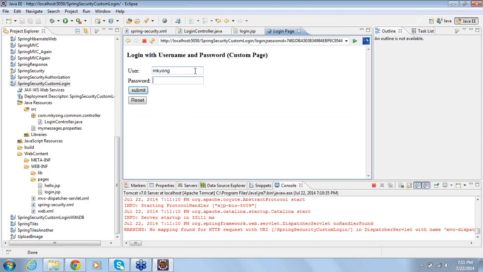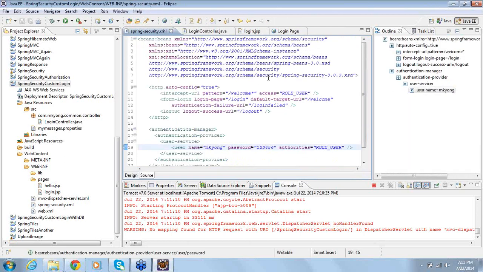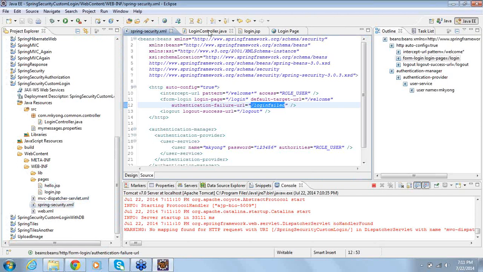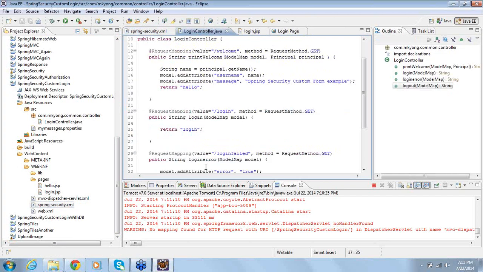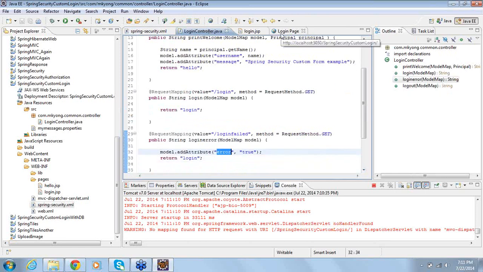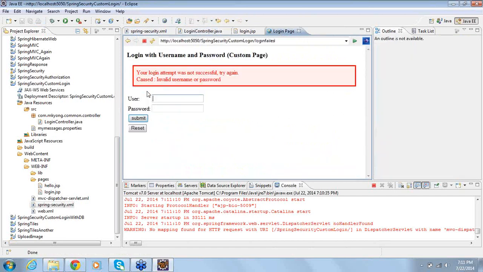Then I give invalid credentials. What happens? Login failed. So when authentication fails, login failed is the URL it is calling. And what is this login failed URL doing? Look at the controller: the login failed URL sets an error attribute and calls the login.jsp page again, because your login attempt was not successful, so try again. And when you give the right credentials,